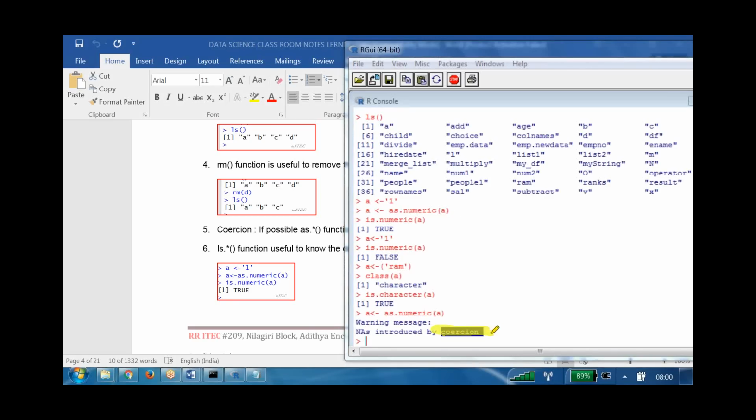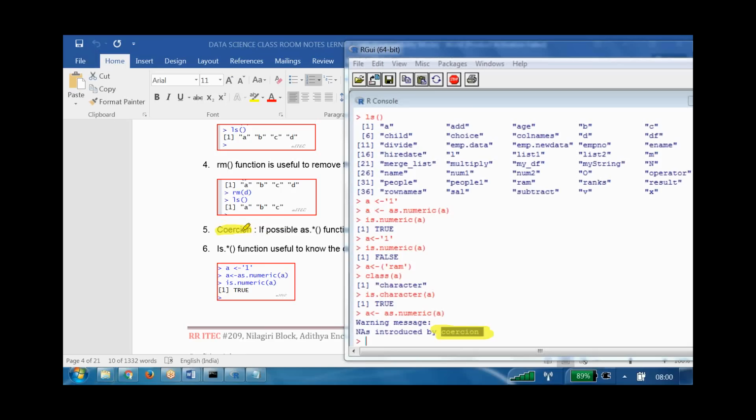The character value, whatever we have, is not really meaningful to convert into a number. We can convert one data type to another data type, but provided there is meaningful data available. If there is no meaningful data, then we cannot convert it. You got my point? Yes. That's the meaning of this question: converting one data type into another data type, if possible. That word is very important.